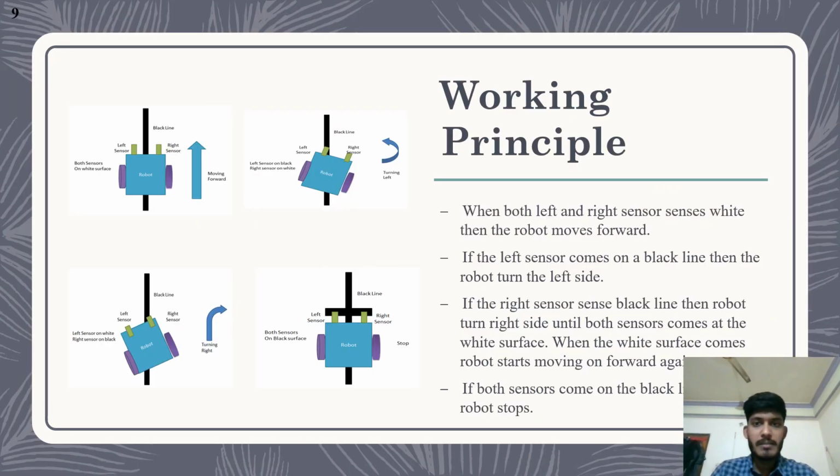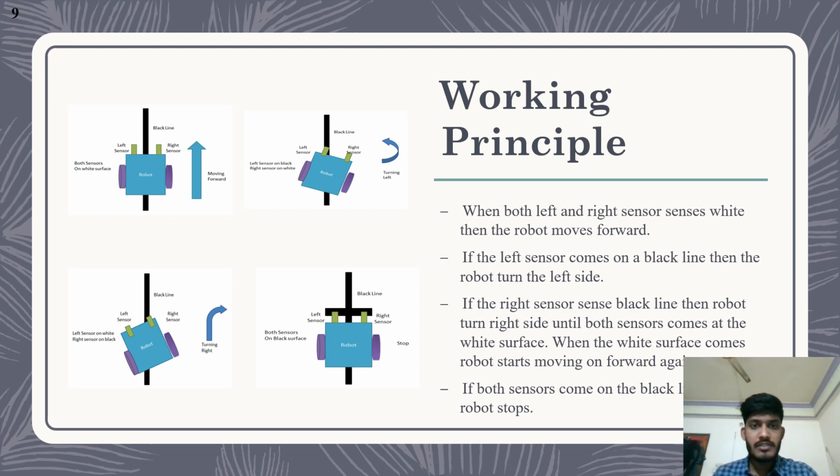This is the main working principle of our project. As you can see in this slide, on the left side, this is the robot, and it is on the black line. In this case, the two sensors detect the black surface and the black line in the middle of the robot. In this condition, the robot will run continuously. And the second picture,